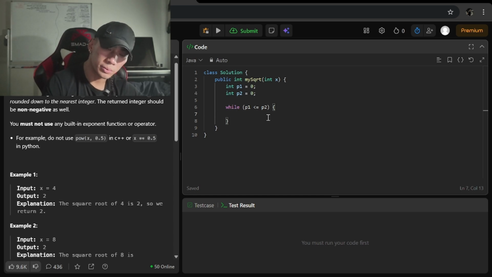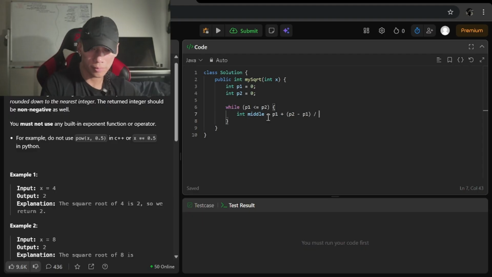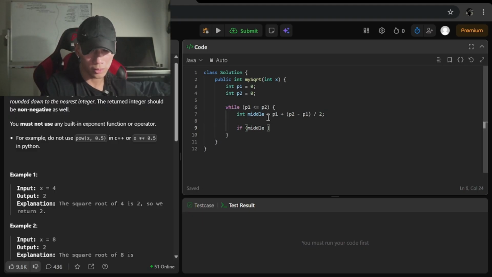So while p1 is less than p2, calculate middle.